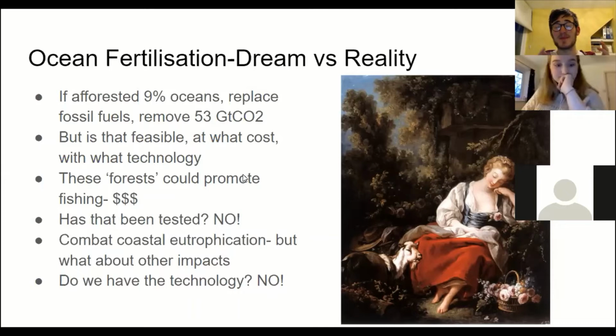And do we have the technology to do this at the moment? No. So this might be a great dream, but the reality is we have a huge amount of work we have to do to let this dream be realized. I'm not saying it's going to be impossible. We need sustained effort and sustained public advocacy for this as well.